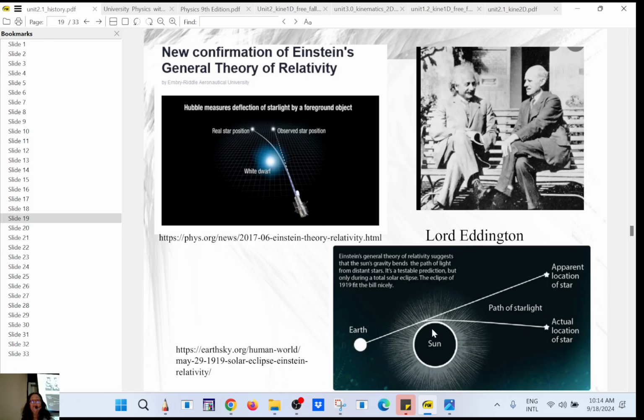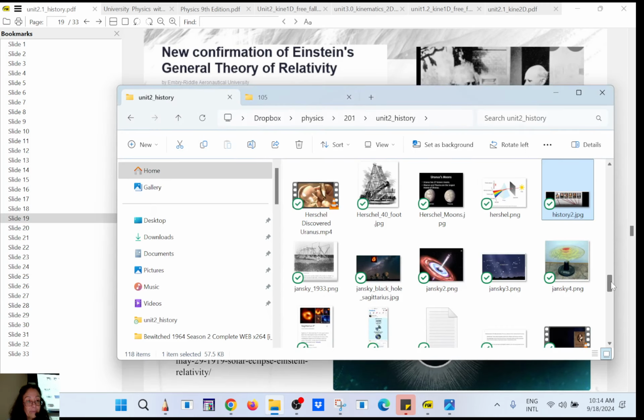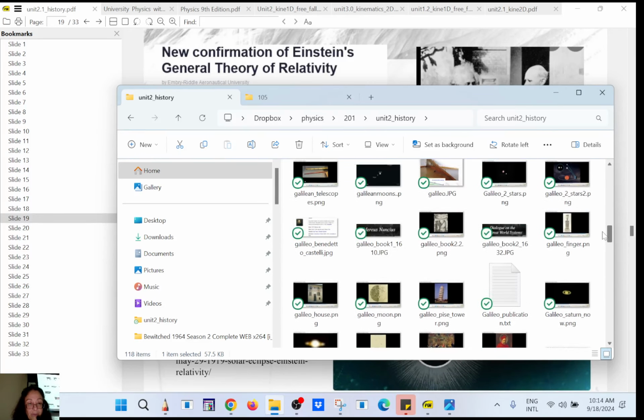So anyway, it depends on the place on Earth. Some places, like from here, you only saw a partial eclipse. That means that the moon was in front of the sun, but only partially. So it means you are just missing a bite of the sun. But in some other places, you have a total eclipse. So that happened in 1919 on an island close to Africa, I think it was.